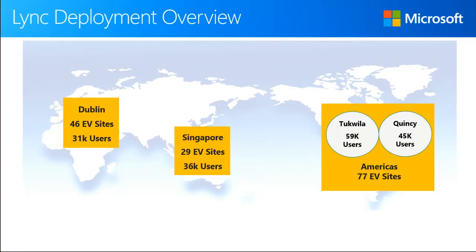These give us the ability to have our Americas-based users, so North America, South America, Central America, diversified across multiple data centers. The reason that we did this was so that we could make sure that each of our environments created a redundant environment within itself. So we run 2 pools in each data center, and we run them at about 50% capacity, so we have failover capability. And if you take a look at the Americas has the exact same thing, as well as Singapore